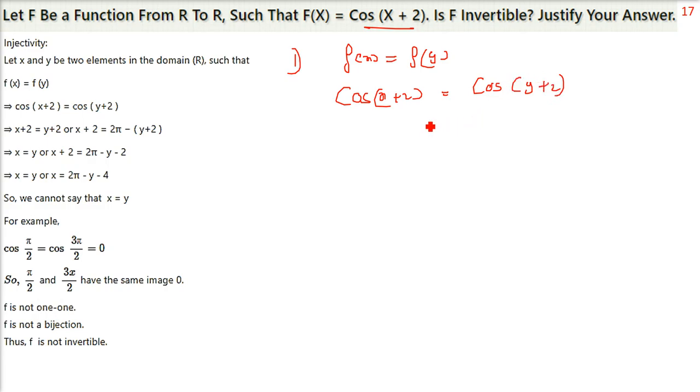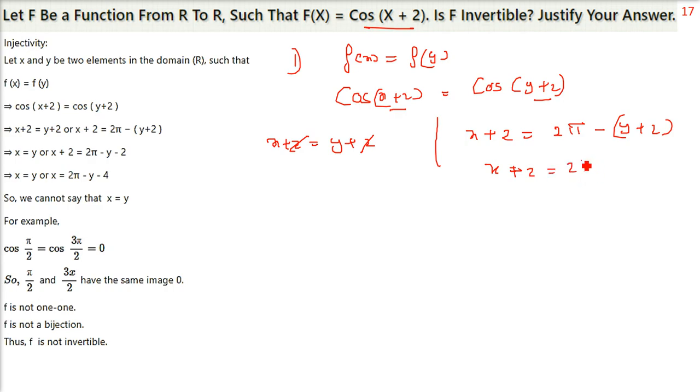When cos theta equals cos phi, there may be two conditions. Actually, there is a proper trigonometric equation for cos theta equals cos phi, but to make it simpler, we'll just take the case like x plus 2 equals y plus 2. Either it can be cos 60 degree and cos 60 degree, both are same, or it can be cos 60 degree and cos of 360 minus 60, that is cos 300, and cos 60. They have the same value. 2 pi is standing for 360 degree. So x plus 2 equals 2 pi minus (y plus 2).